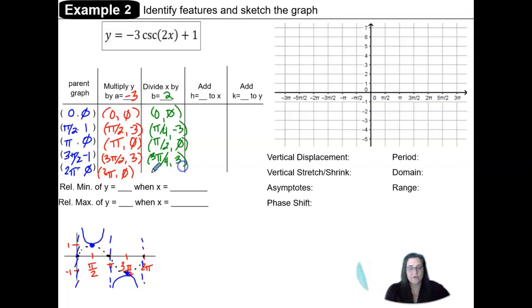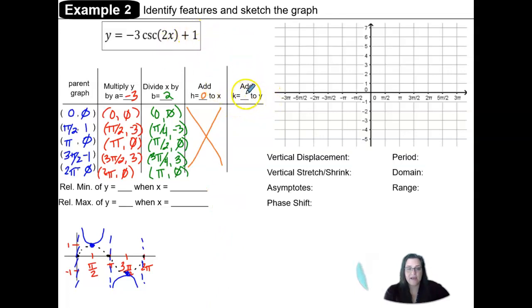And then 2 pi divided by 2 is pi. And that's undefined. Okay, there is no h value here, so the h is a 0, and adding 0 to those x coordinates won't change their value, so we'll skip over that column and head on to the vertical displacement,